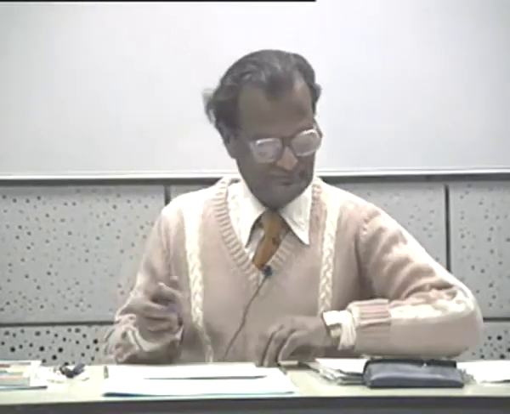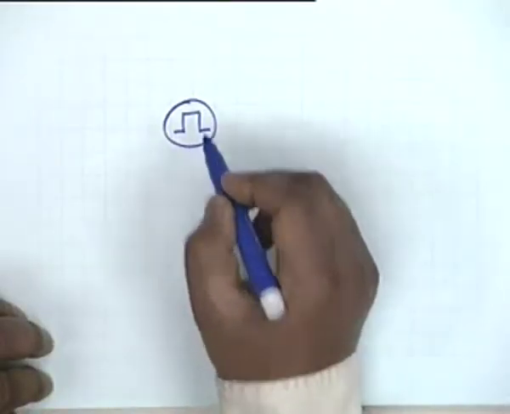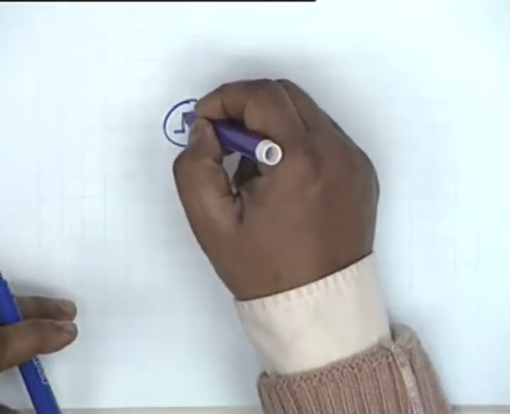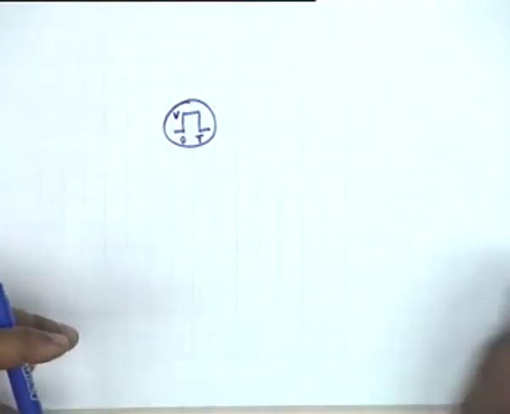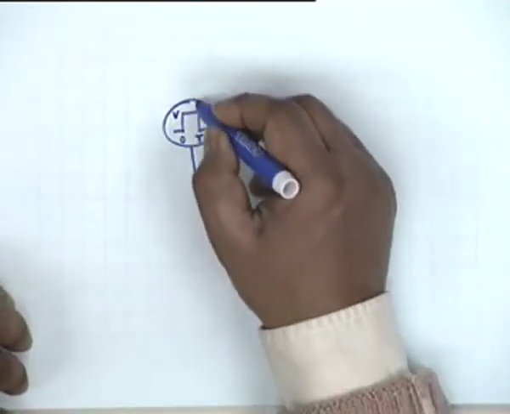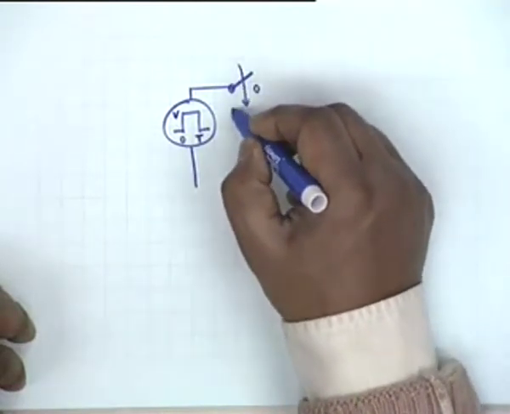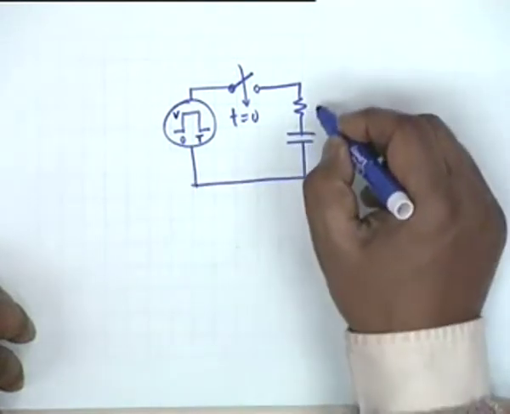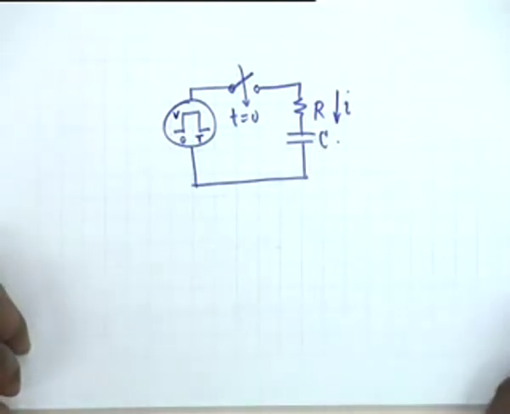Let us take an example. Let us say a pulsed voltage of this nomenclature, that is the height is capital V, and the duration is 0 to capital T. Let us say such a voltage is applied at t equal to 0 to a series RC circuit, a first order circuit, to keep things simple, and we wish to find the current i.